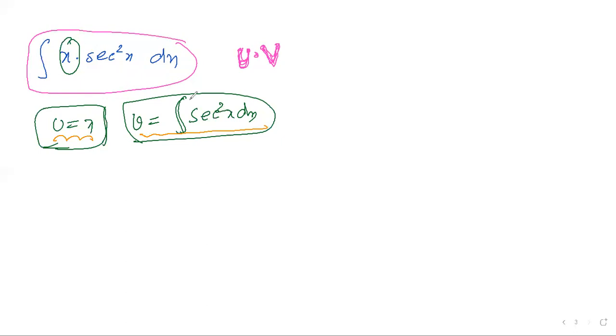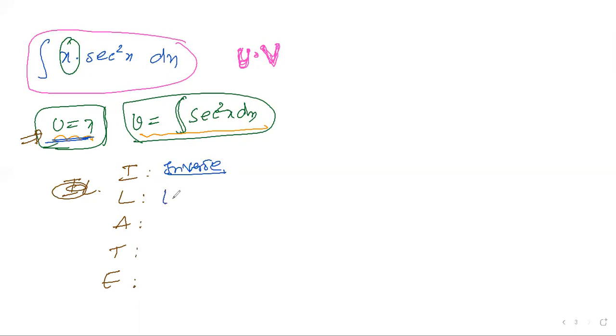According to the experts, we have to find out what function to take as u. In our college also, people will use ILATE. Please copy ILATE. This is the very first time. They use the ILATE formula. So what is ILATE actually? You have to take according to the ILATE format. What does I mean? Inverse. The first preference is inverse. If inverse is not there, go for logarithms.